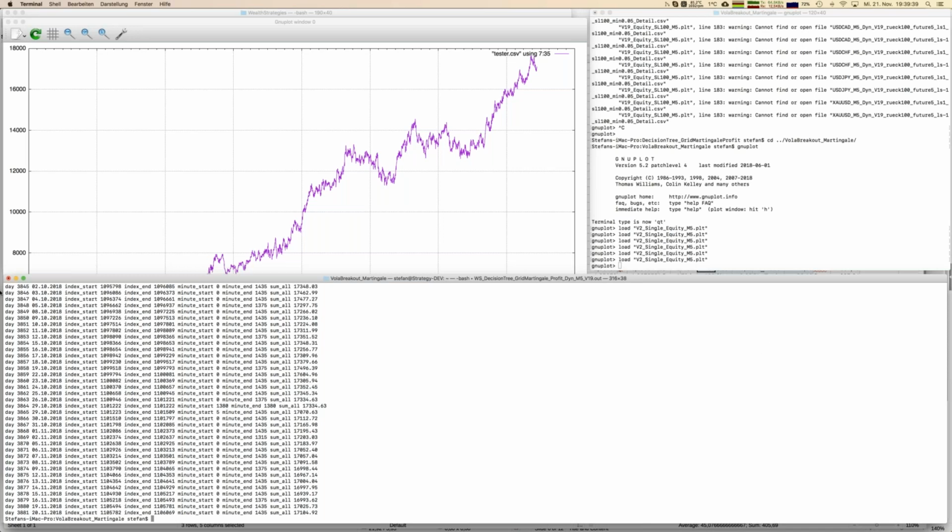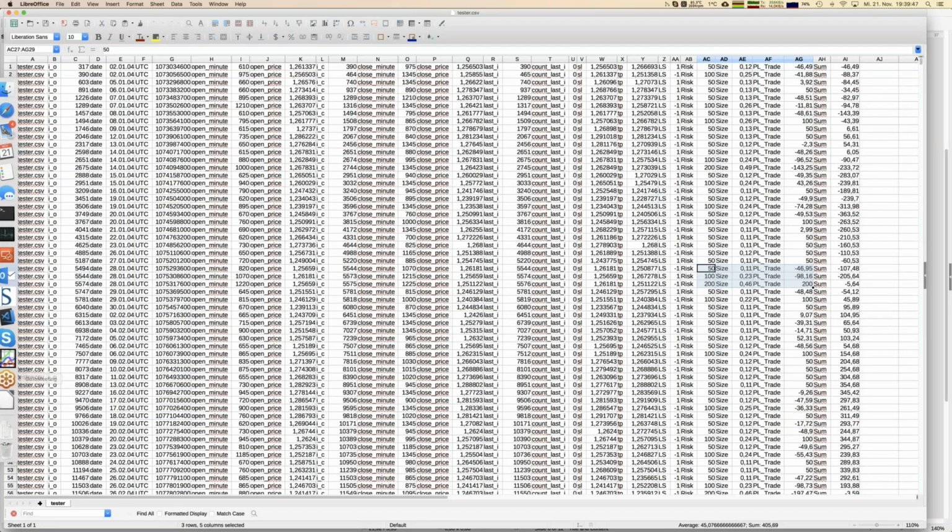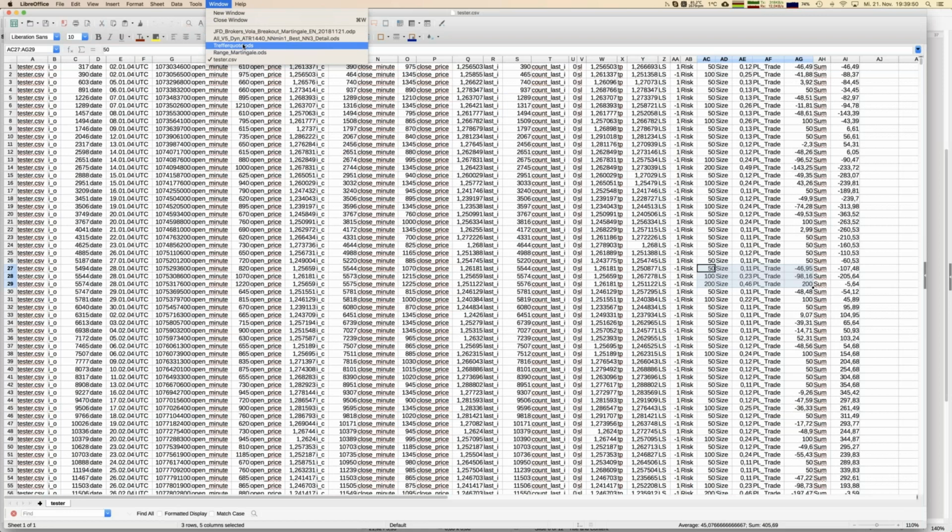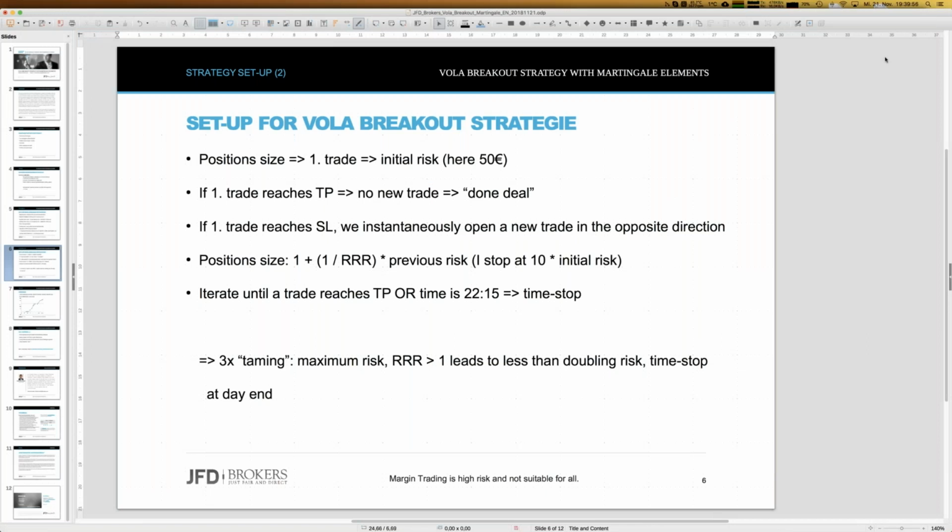And let me exactly tell you how I do it finally with all my sub-strategies for different underlyings. So I have a couple of risk limitations for that kind of strategy. And those risk limitations are in total three. So one is that I have a maximum risk. Because what I do here is, in case I have a loser trade and I have to increase my position size or my risk value, I will stop that procedure